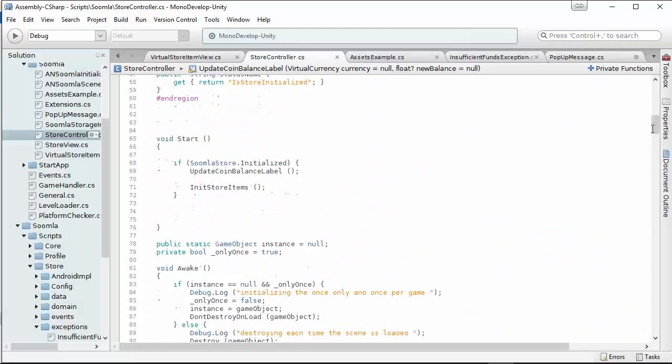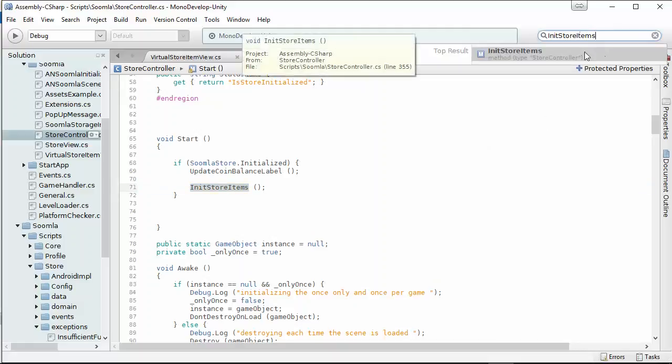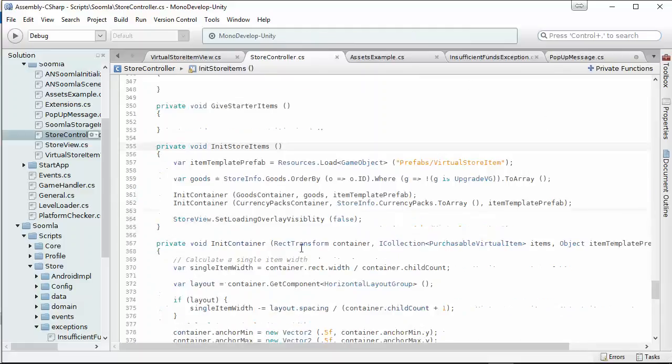And here when we start the store controller, we also initialize another thing. We initialize the store items. So once we call this method inside the store, we're just gonna go and call this method. And what we are going to do here, basically, is initialize a new item template prefab from the resources. So we're just gonna load this resource by using Resources.Load as a game object for the prefab virtual store